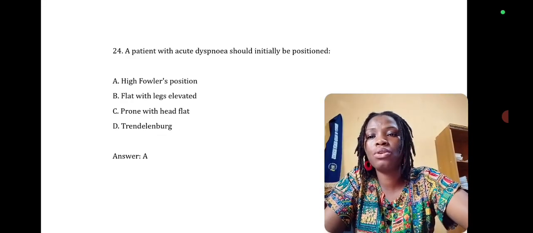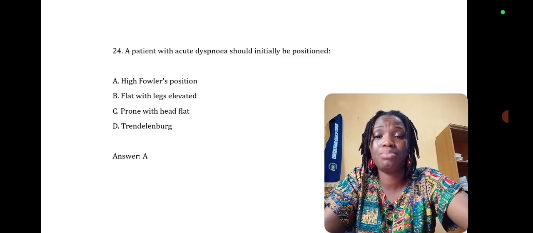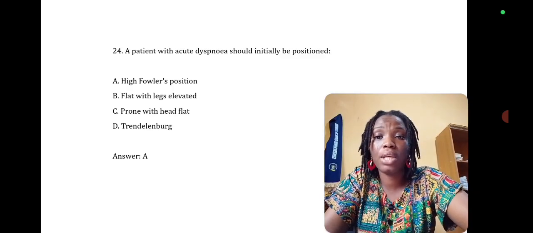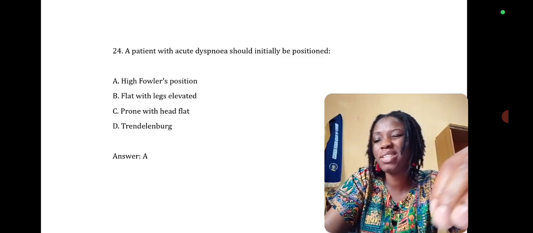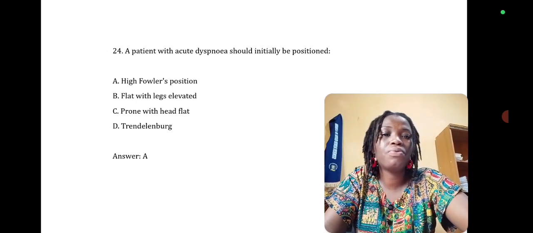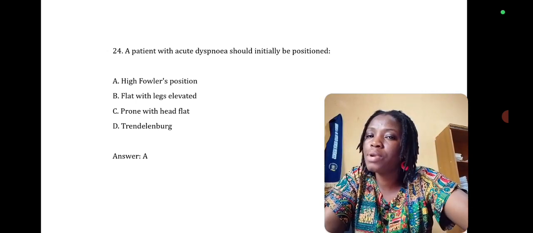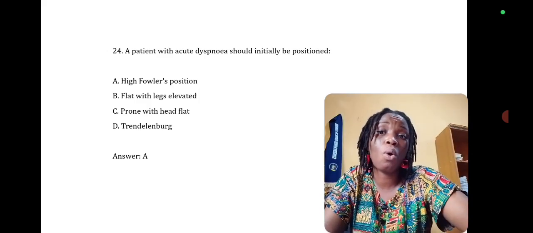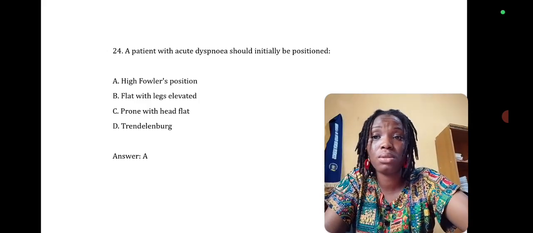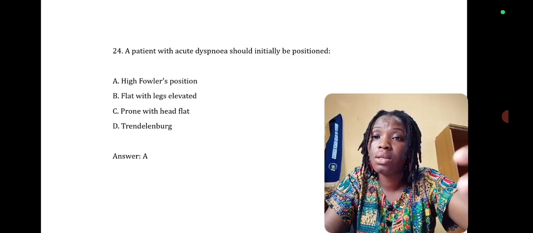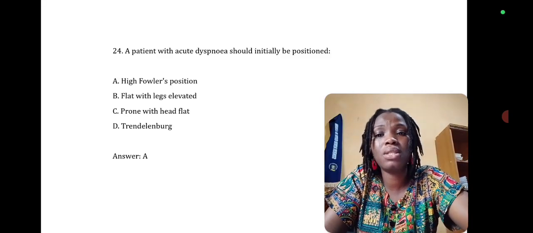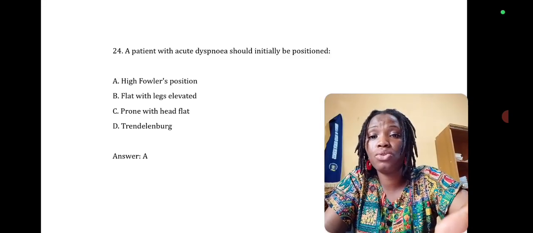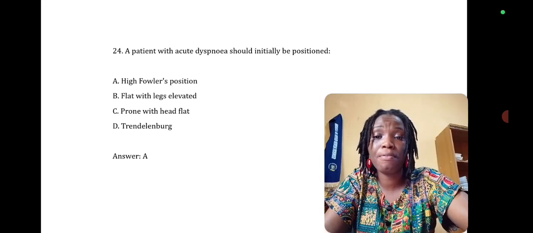Question 24, a patient with acute dyspnea. Dyspnea is difficulty in breathing. Acute means it just came suddenly. If it's chronic, it takes time, maybe a few months. It did not just come suddenly. But acute means sudden. So when somebody is having dyspnea, the best position to put this patient is high Fowler's